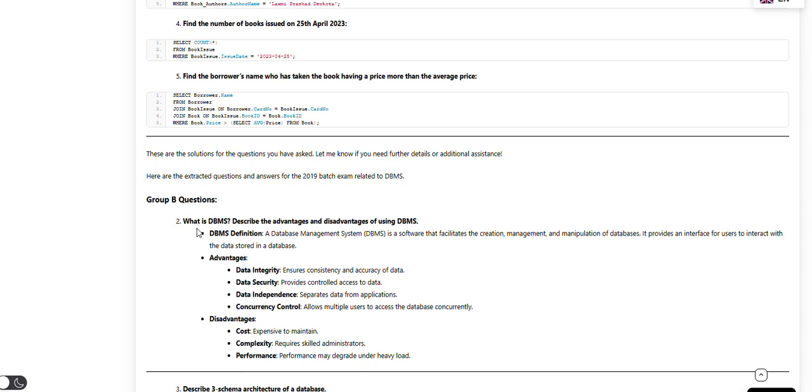What is a DBMS database? Definition: the database management system is a software that facilitates the creation, management, and manipulation of the database. It provides the interface for the user to interact with the data stored in the database. Advantage: data integrity, data security, data independence,